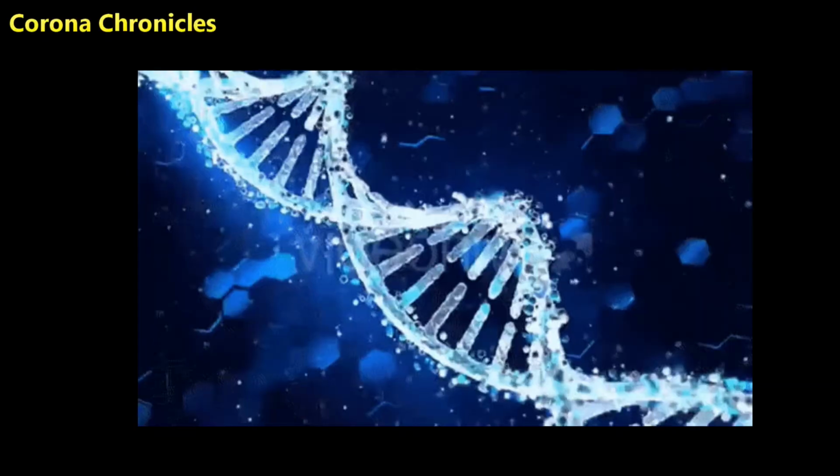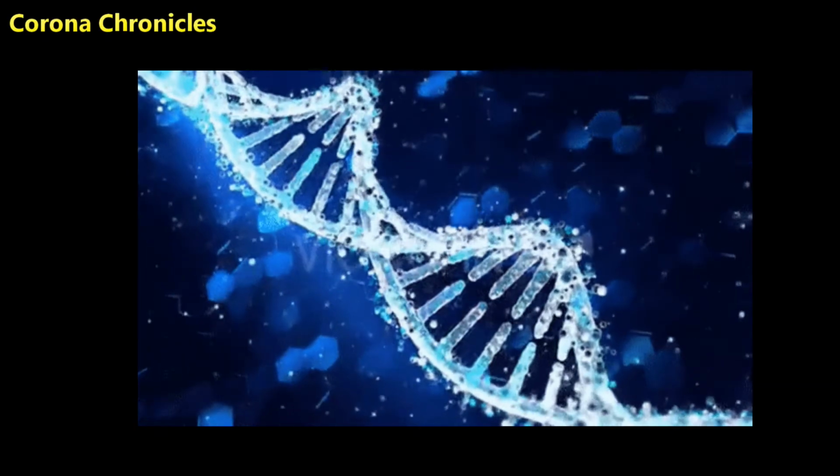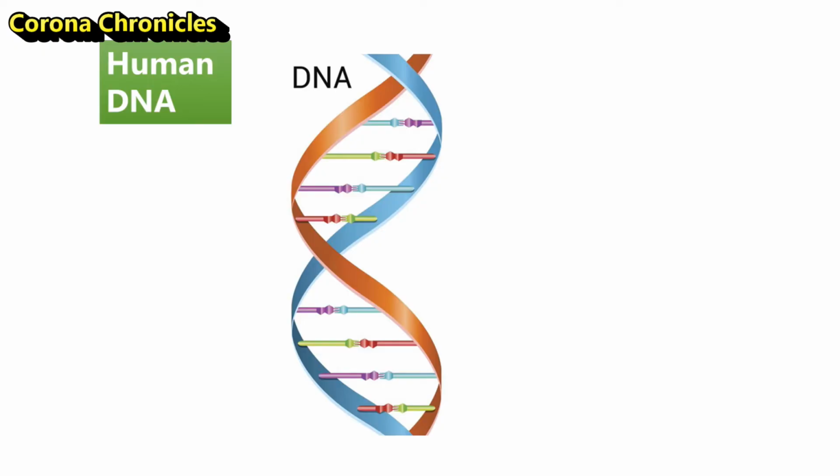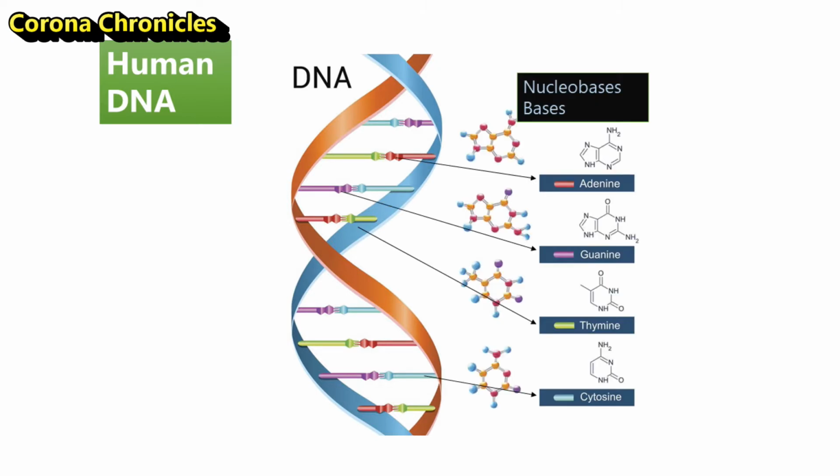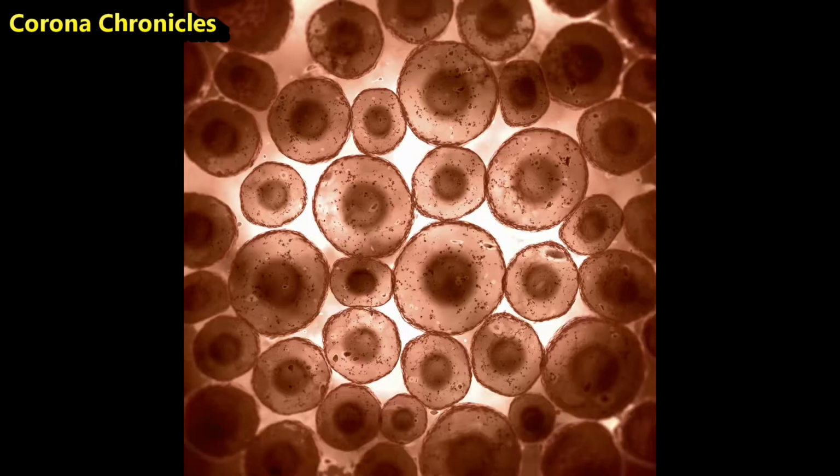Humans are made up of trillions of cells with DNA in the nucleus of each cell. The DNA of the human is made up of the same nucleobases, which are in turn made up of the same elements: hydrogen, carbon, nitrogen, oxygen, etc. A human cell takes energy from the environment, performs life functions using biochemical processes, replicates